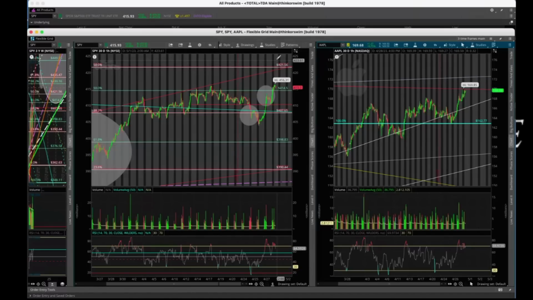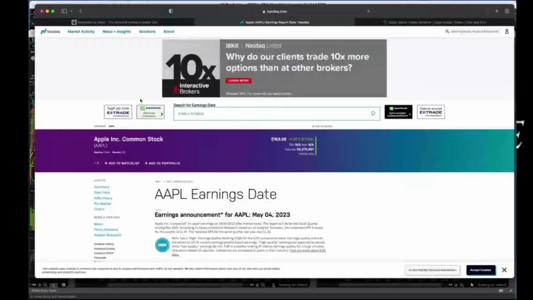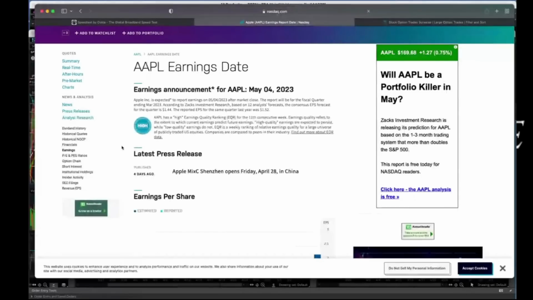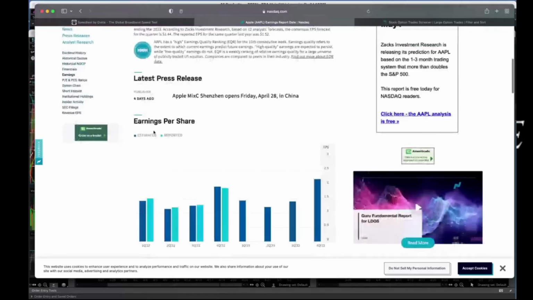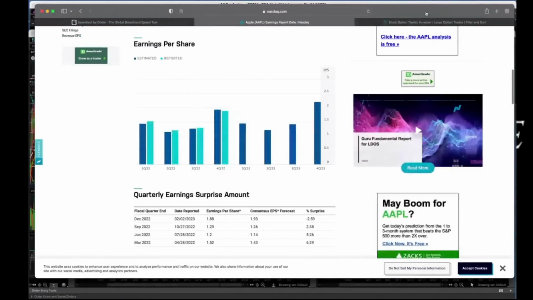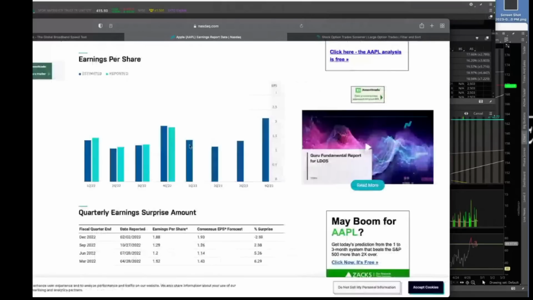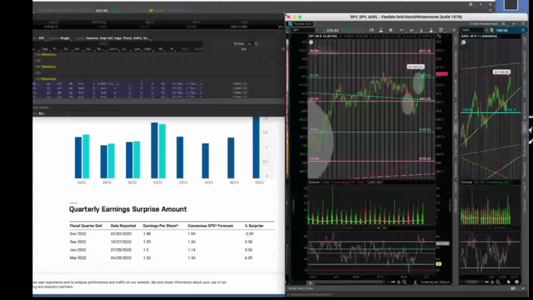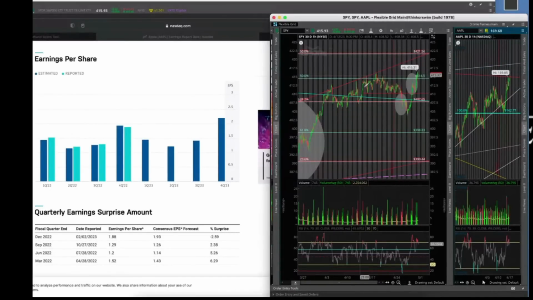I was saying 171, 172 for Apple. That would bring SPY to here. So all I did was go to NASDAQ.com, put in Apple, go to earnings, right? And then they're going to tell you what their expectations are. So you can see Q4 last quarter, why it rallied, right? So you compare this. This is what I do: I put my chart side by side because I want to see a comparison of how the earnings look compared to how the chart looks.